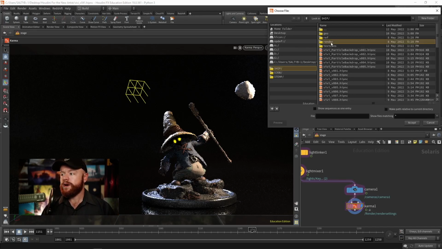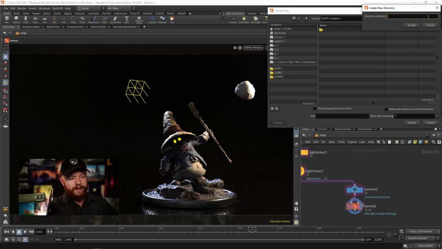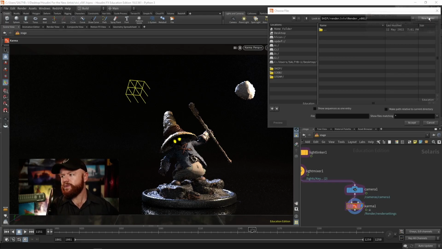Let's go to our render folder. Let's call this our VV render version 1. And then for the file name, we need to say a few things. So let's call this our VV render version 1. And then I'll say